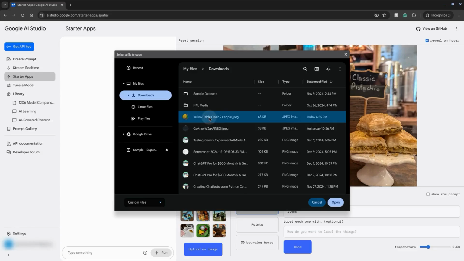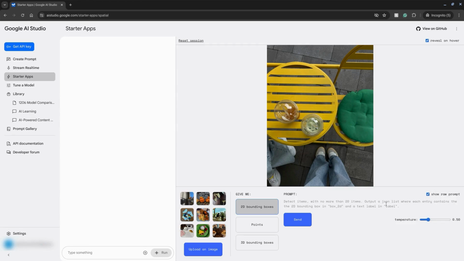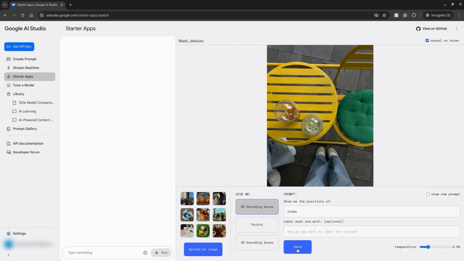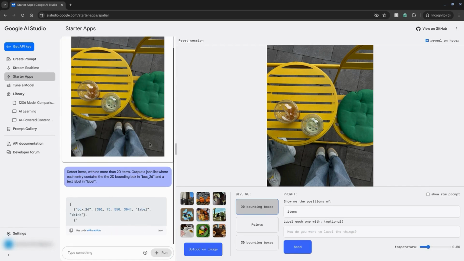We'll upload our image here. In the top right corner, you can choose to reveal the items on hover, and you can also configure these other settings. We'll keep it on 2D bounding boxes. You can show the raw prompt according to the inputs that you provide, but we'll send it off to the Gemini 2.0 Flash model,